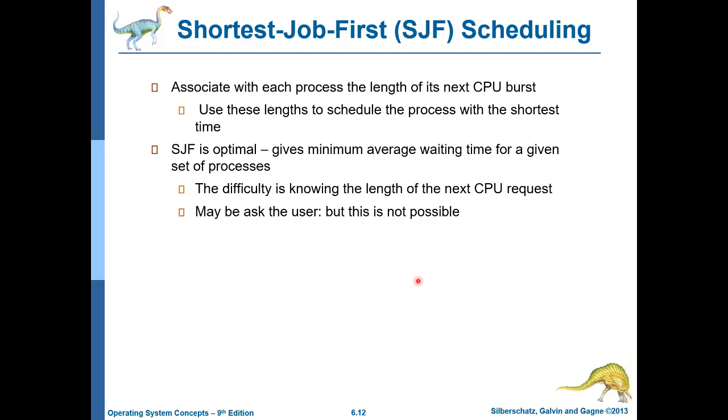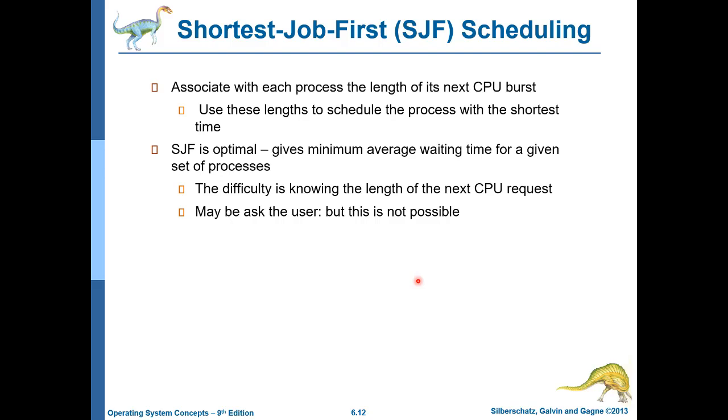Now this shortest job first algorithm is known as the optimal algorithm. Optimal means it can perform the best, it can give us the best results in terms of minimum average waiting time for any set of processes with any CPU burst times. But the problem with this algorithm is that it is not possible, or quite difficult, to know the length of the next CPU request, because a process can never know how much time it will execute